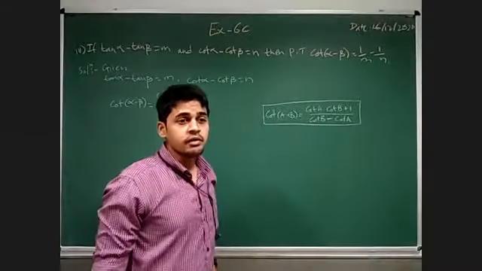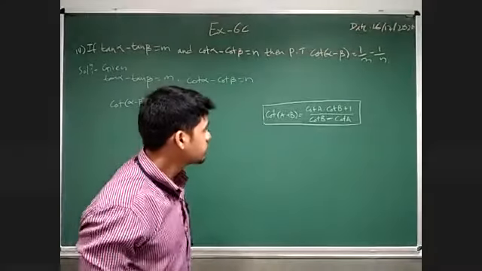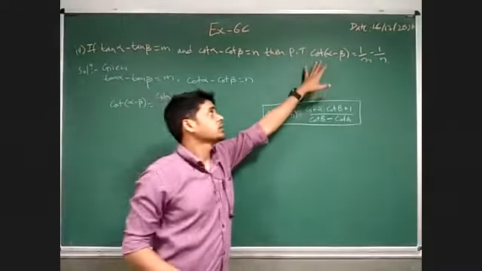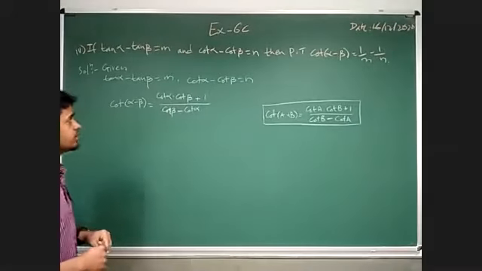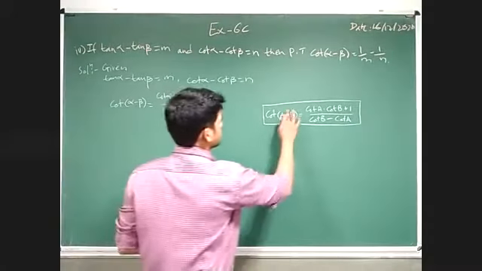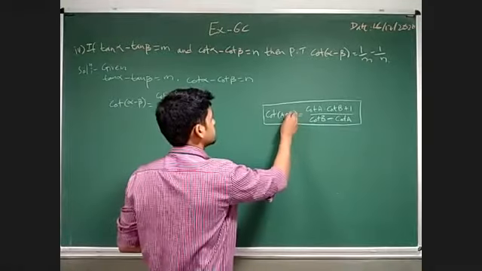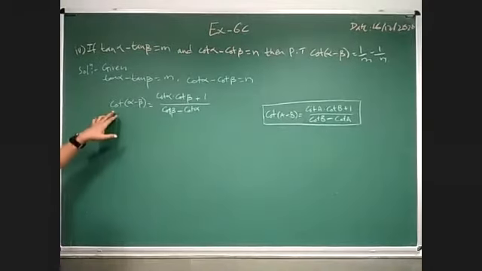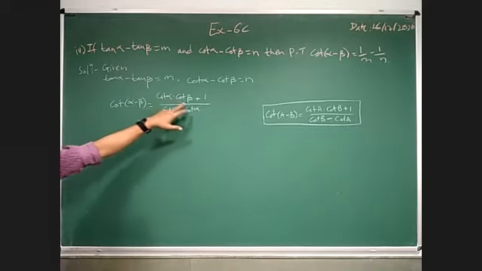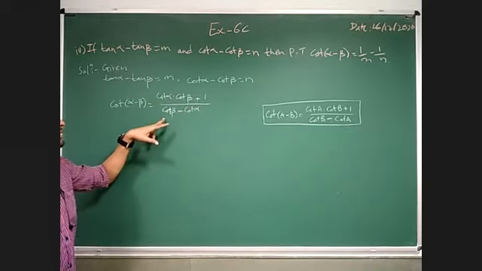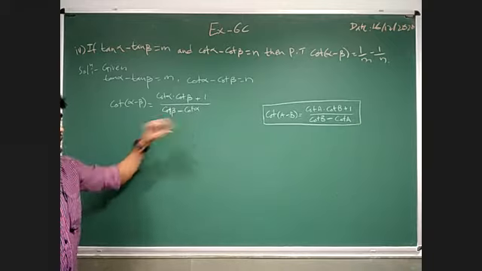This is the formula, and we are going to use this formula here because we want to find cot of alpha minus beta. Sorry, here we have minus. So I just wrote here cot of alpha minus beta, that is cot alpha into cot beta plus 1 by cot beta minus cot alpha,